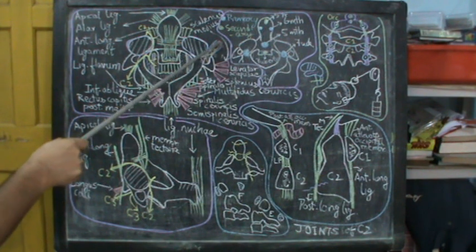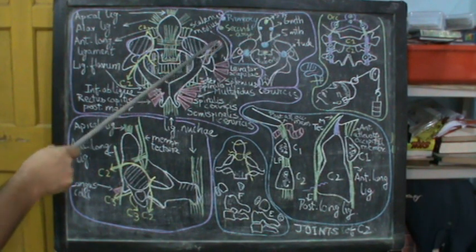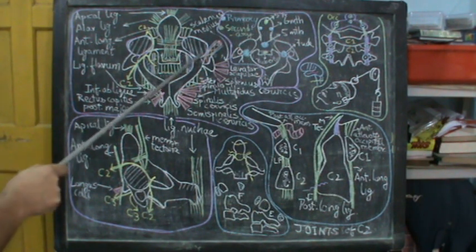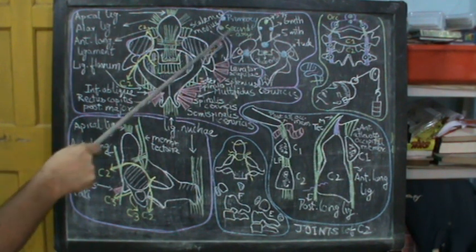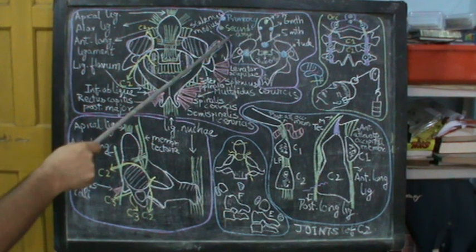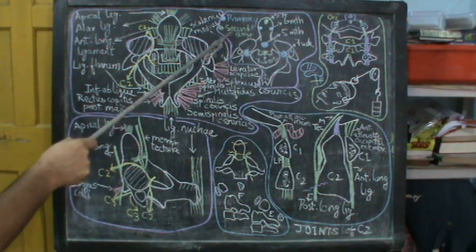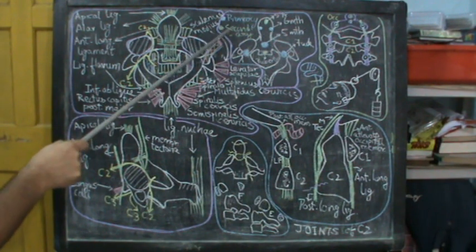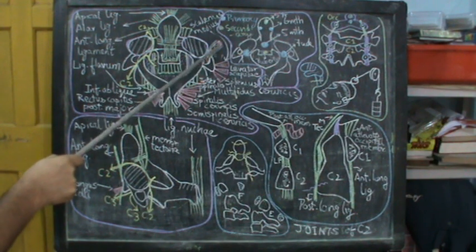Coming to the transverse process, on the transverse process you can see the foramen transversarium, and on the foramen transversarium is the emergence of the vertebral artery, the vertebral veins and nerves. Now you can see that this vertebral artery is passing upward and outward. Why? Because the foramina transversaria of the atlas are at a greater distance. So if the foramen transversarium of the axis is here, the foramen transversarium of the atlas would be somewhere here. So it has to go outward to engage that foramen. That is why this is pointing in that direction.